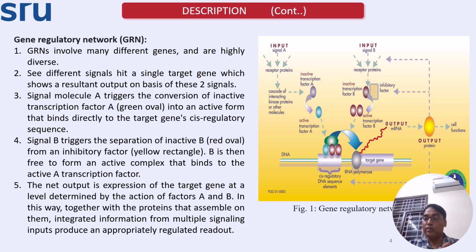I hope you may be knowing: alpha, alpha dash, beta, beta dash, omega. Five are there. So these subunits work together and form a holoenzyme, the functionally active form of RNA polymerase. These five subunits combine together, and it all happens here. Any subunit not functional means RNA polymerase cannot function. So you understand that it's such a complicated but beautiful process.